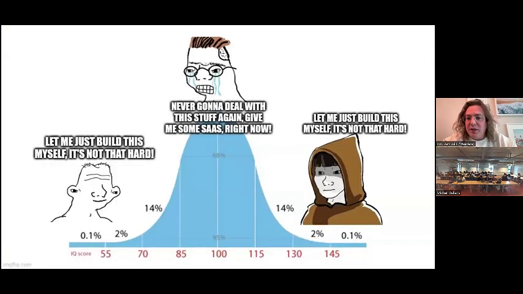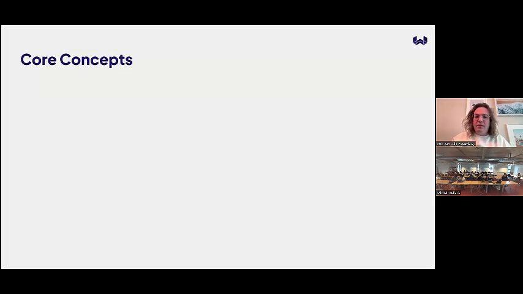What this meme shows is that on the left-hand side, and I've been there early in my career, you're like, oh, I'll just build it ourselves, right? And then, oh boy, there are so many business complexities that you have to deal with. Then you sit in the middle and you're like, oh, I just want to buy some SaaS, just get it over with. But now you might have the technology, but you're still dealing with the problem of how we are going to deploy this in our business. So where you want to sit is at the right-hand bottom, right? That, if we properly build it and properly execute on it for our business,